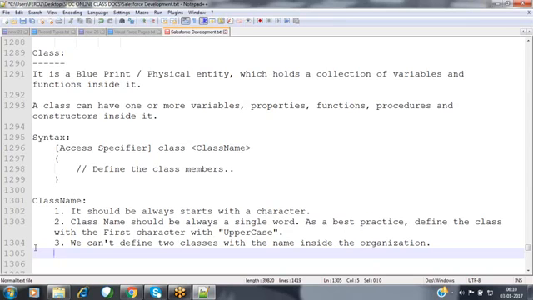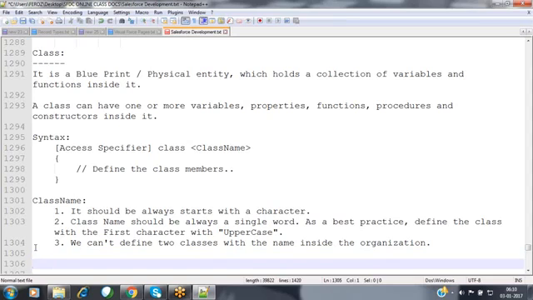Because if I give two classes the same name, then at the time of reference, when you call that class by that name, it won't understand which class it has to refer to. An ambiguity will arise. So we always have to give a unique name for each and every class.